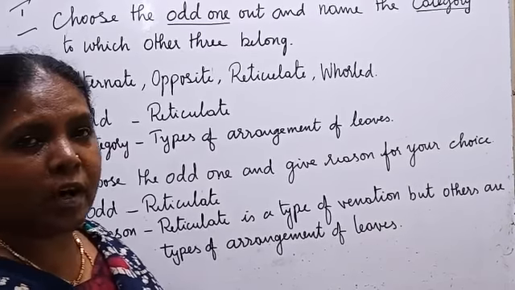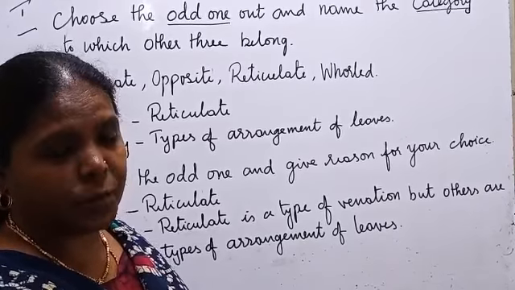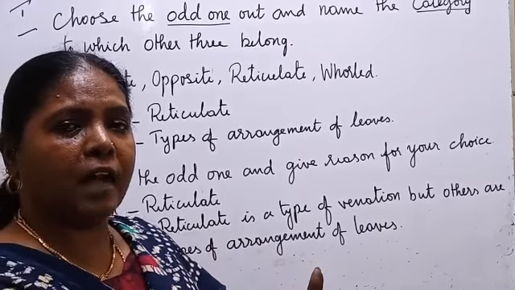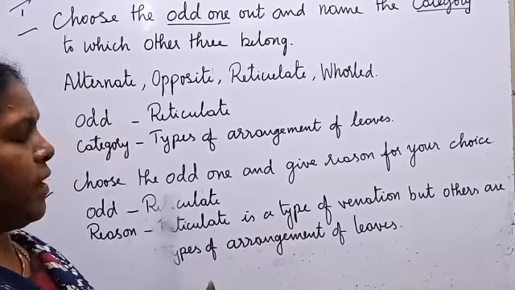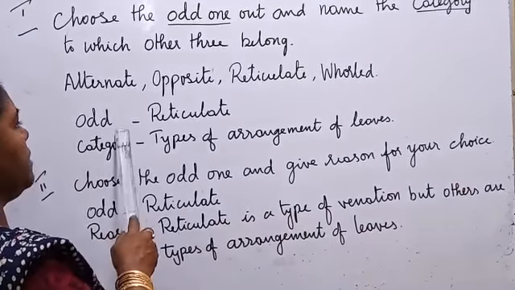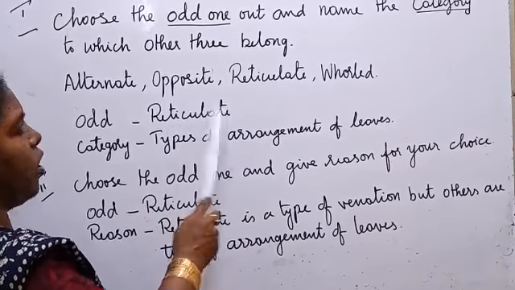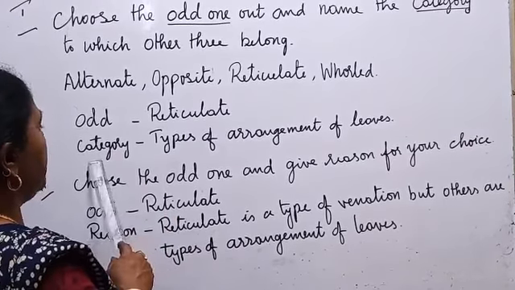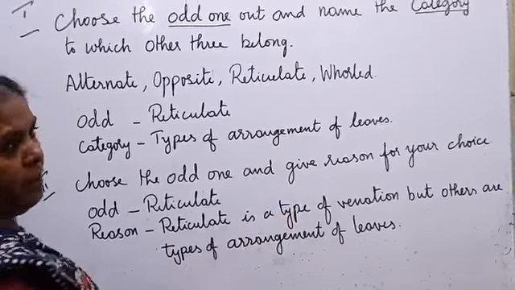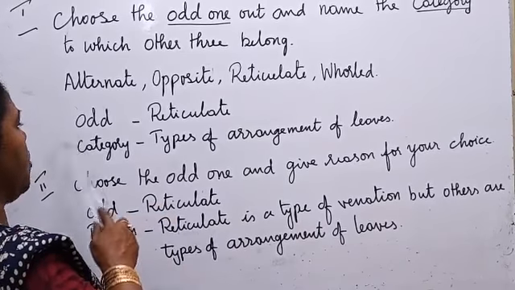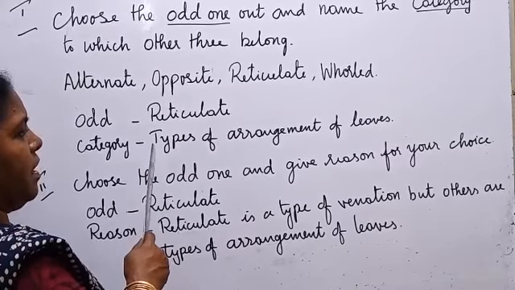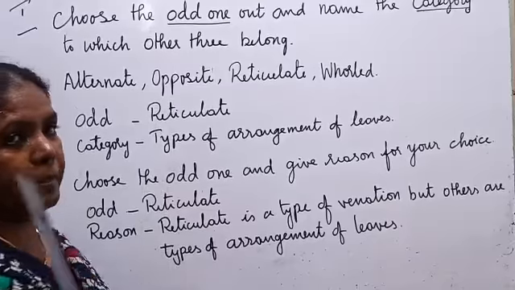And finally, those who are writing your online test, especially 9th and 10th students: we finished fill in the blanks, we finished name the following, and the next category is odd one out. You must type odd space hyphen space then the odd one. Then category space hyphen space the category which it belongs to. When you start odd one, use capital O; start category with capital C. In the same way, capital letters you should start, and you should not put a full stop.